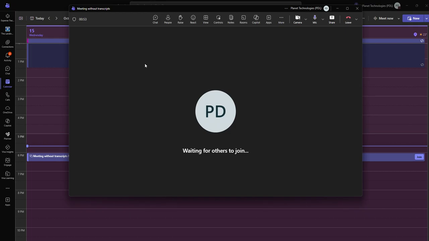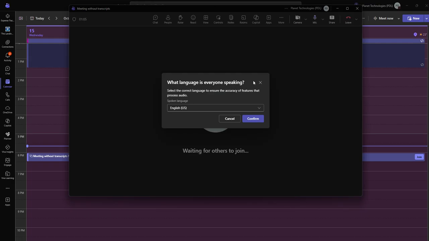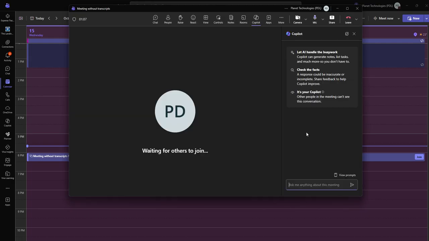So I'm talking a little bit about that just to be sure that Copilot can have some data to surface. So it might take a little bit of time for that. So let's now use Copilot and see. So I ask it what language is spoken, and I'm going to say